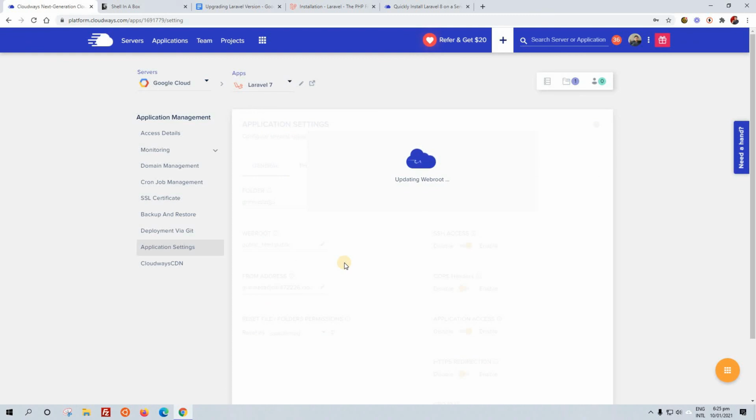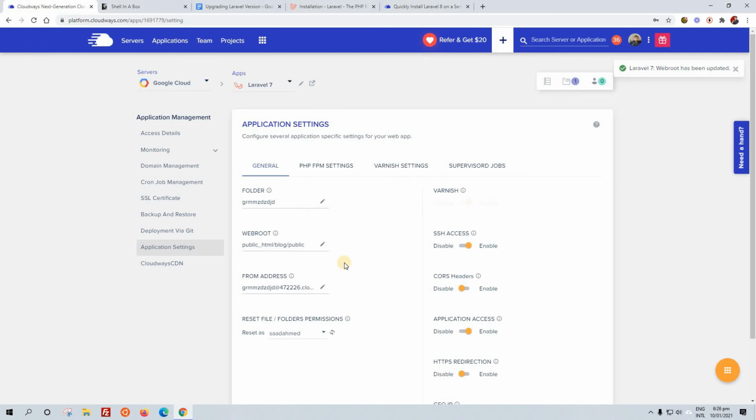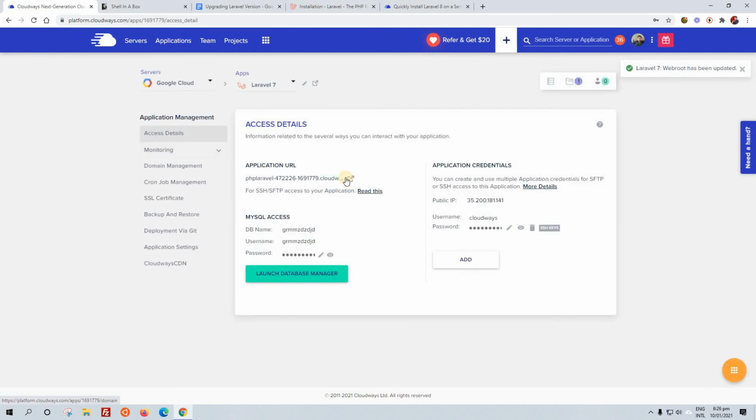These are the post-installation requirements that we have to configure a little so that it works with our database and loads our Laravel installation. The manually installed Laravel loads properly. It is saved. Then we go to access details and launch our application.